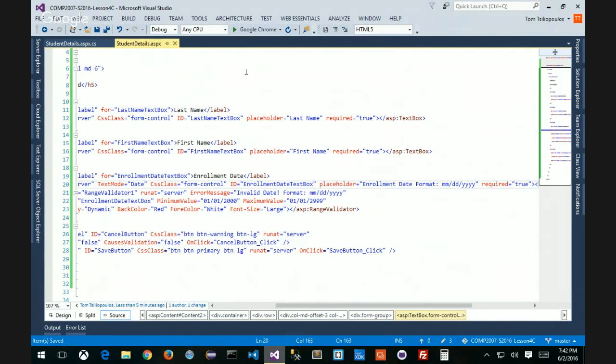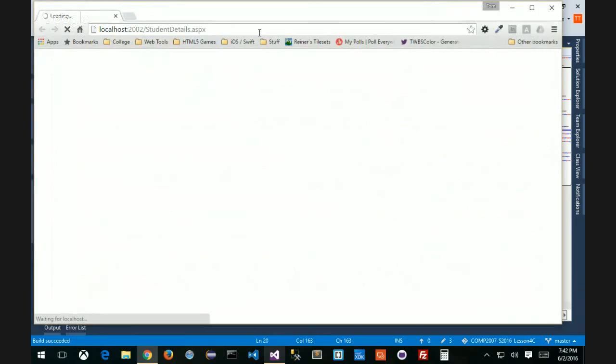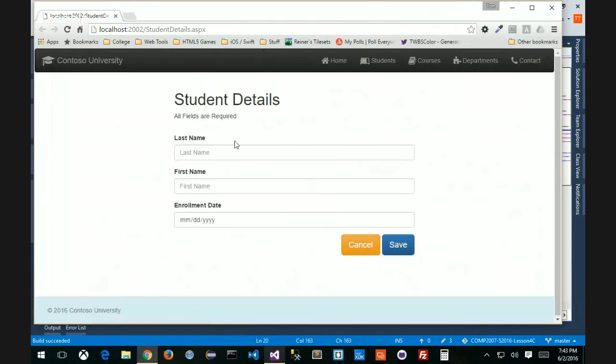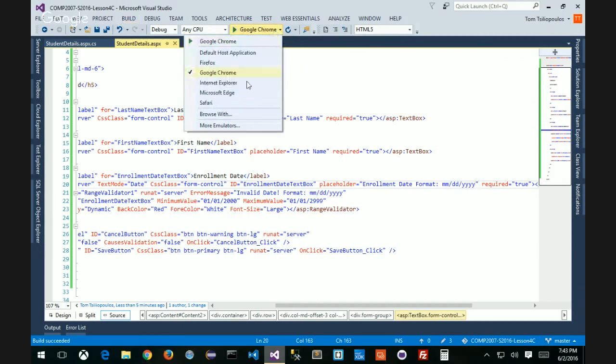All right, so we're going to browse it in Chrome first. We're going to run it in Chrome, Control F5. And now we can see that, again, this is just details. But see here in Chrome, I got nothing, because I've got a calendar control that comes up with the date type. But in Firefox, if I browse it in Firefox here,